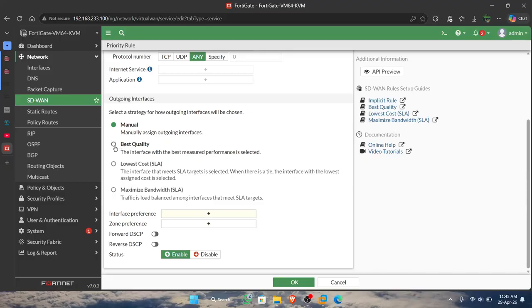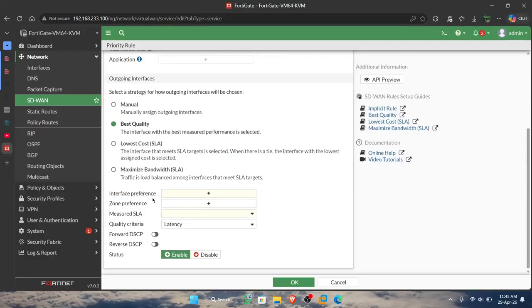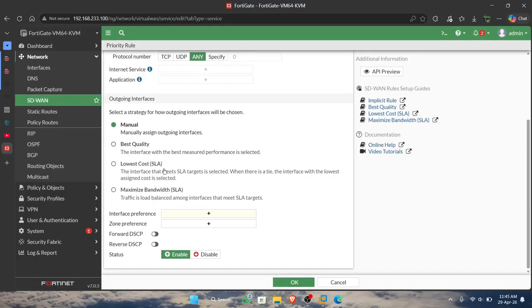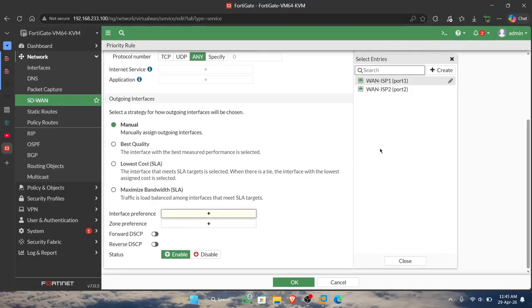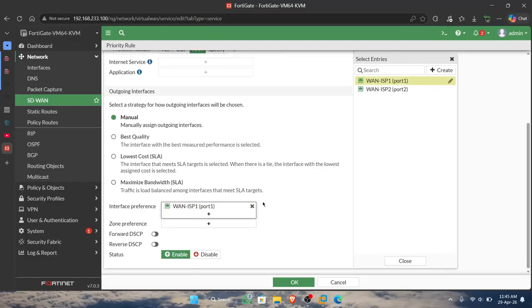If you want to use best quality or lowest cost and maximum bandwidth, you must have an SLA and enter the measured SLA. So this is the manual configuration, and for the interface preference we choose one USB.1.